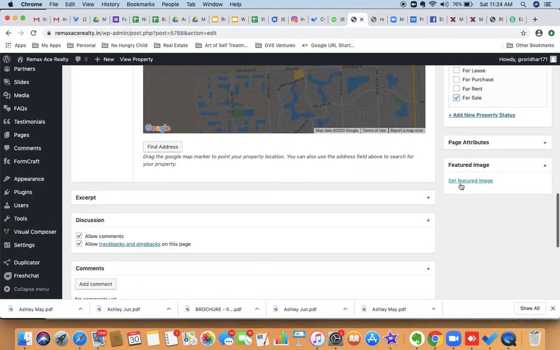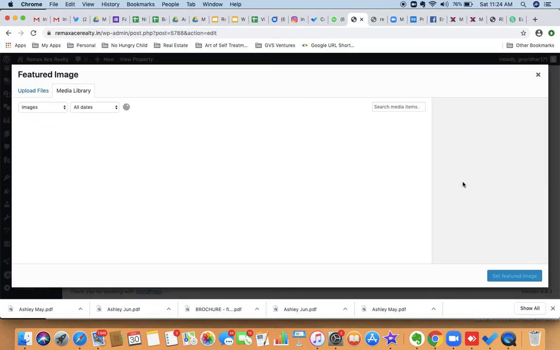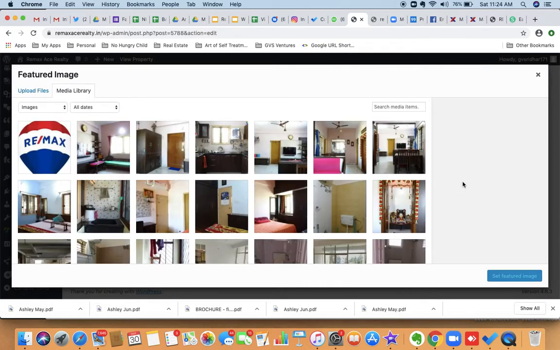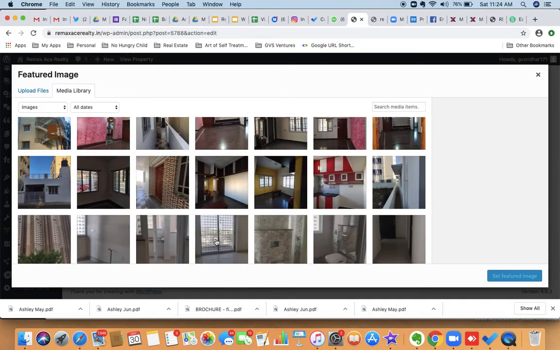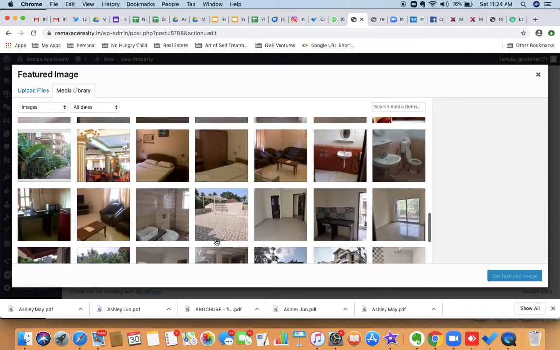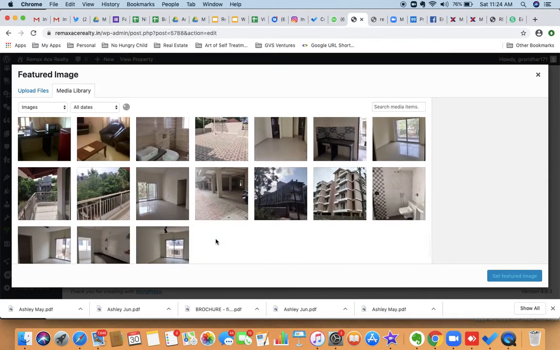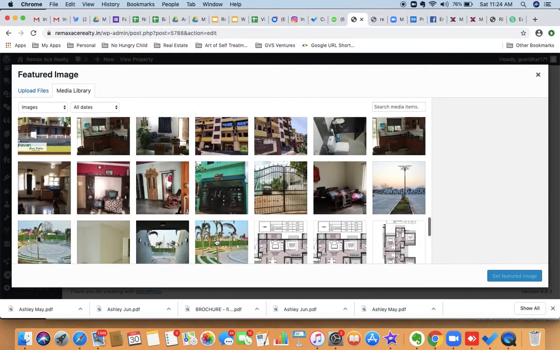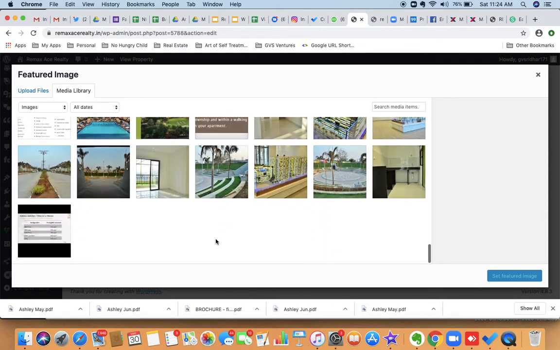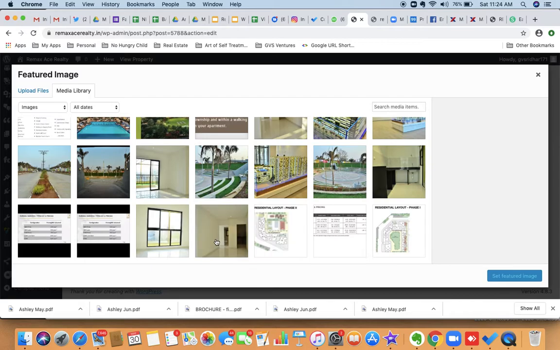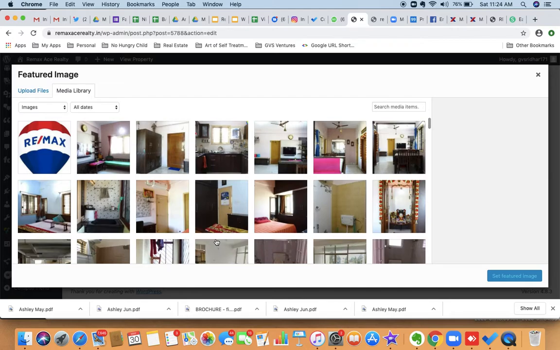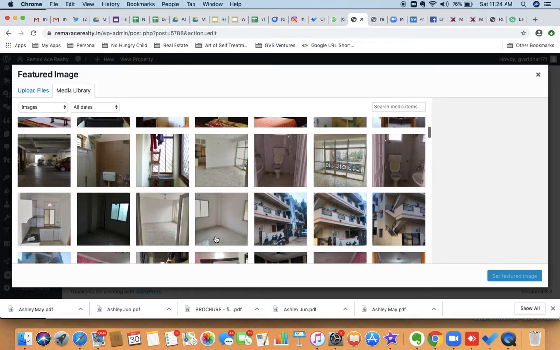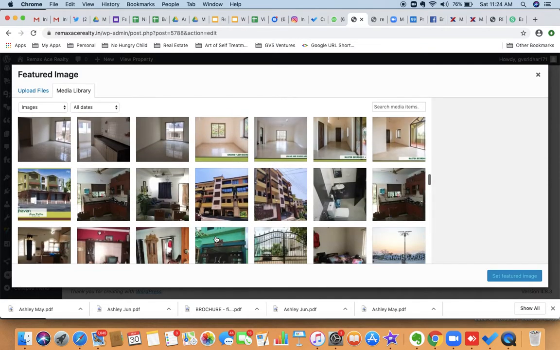Then you have to set a featured image here. The featured image is the photograph that you have to put, one. I don't know which one you have put, which is that land. From here I have to search. I'm just putting one photograph for you to understand.